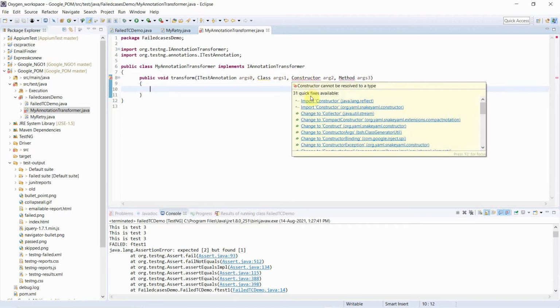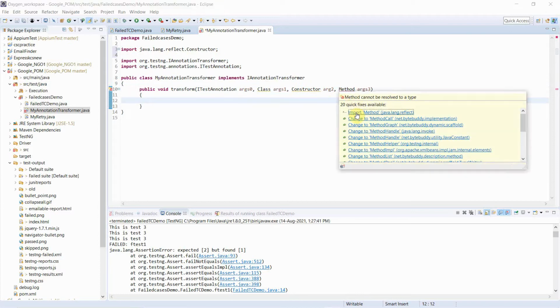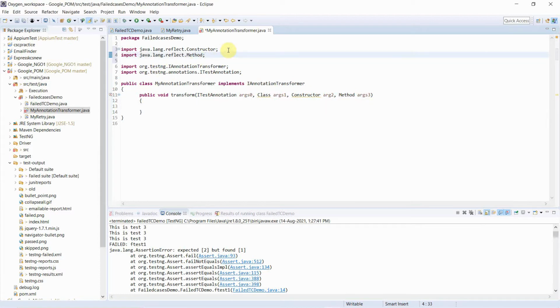Constructor spelling is correct, I think. Yes, reflect you have to import, and this way you can answer that it will be from the reflect package. From the reflect package I will import the Constructor.